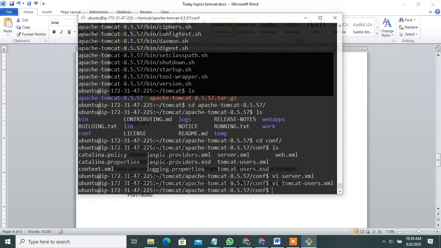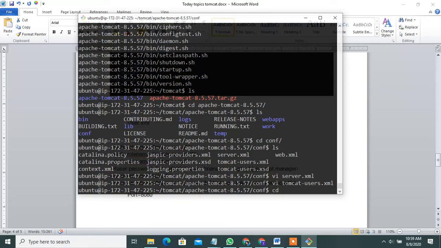And then next, go to the Apache Tomcat webapps and manager.